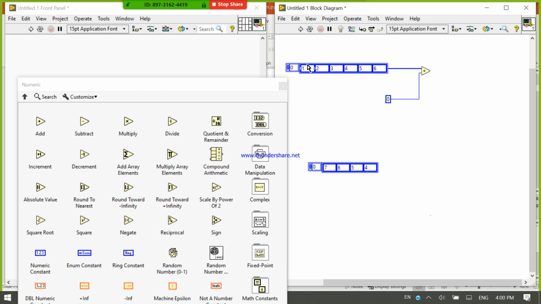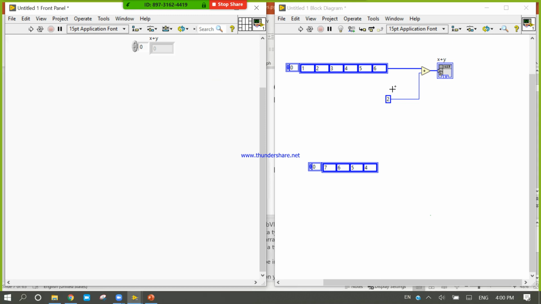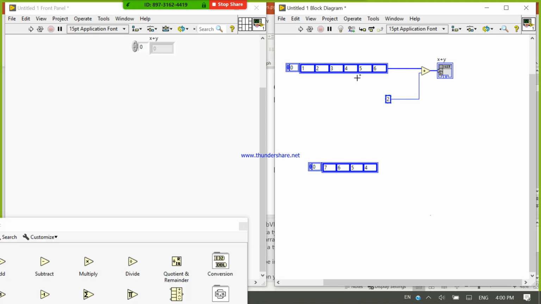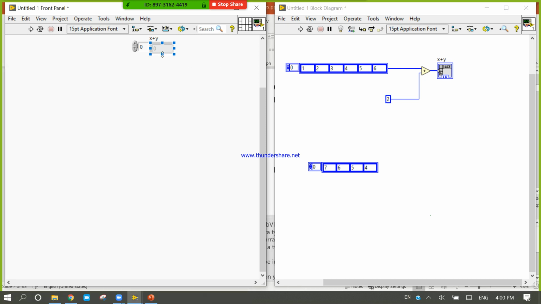Here this one is a vector, a 1D array, and this is a single scalar quantity. If I add, the output will come like this. If you add one scalar value with an array, the value will be added to all the elements present inside the array.